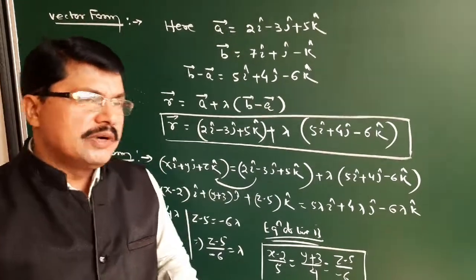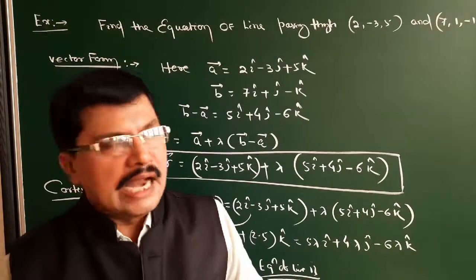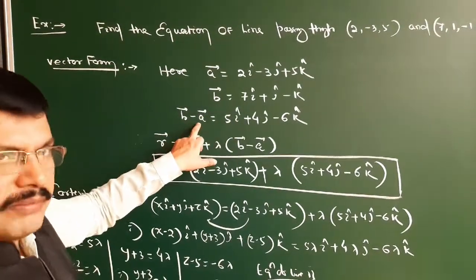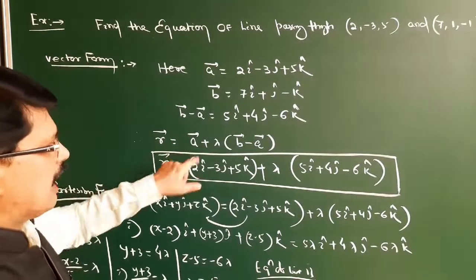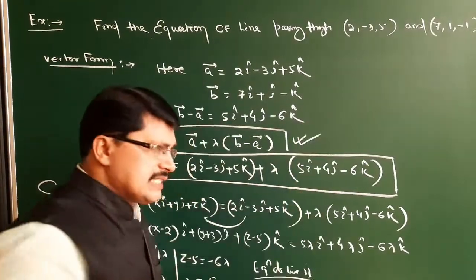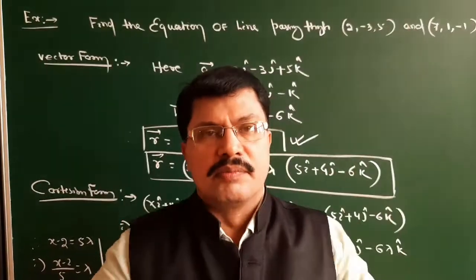So, dear students, you have to do it like this. This is very simple. You just remember the formulas. You have to find what our a vector is, what our b vector is, then b vector minus a vector. But you have to remember this formula. Very, very important. In three-dimensional geometry, you have nothing else to do. You only have to remember the formulas. Okay.